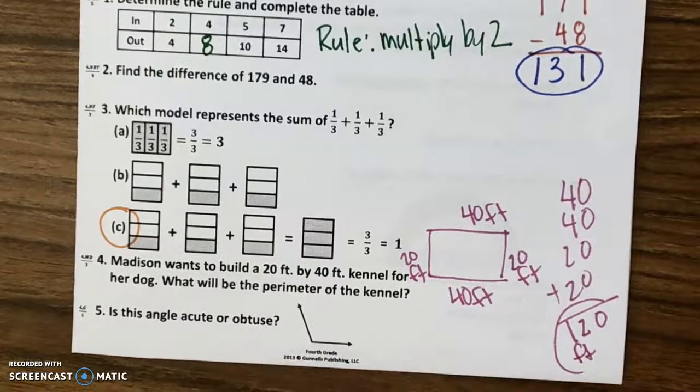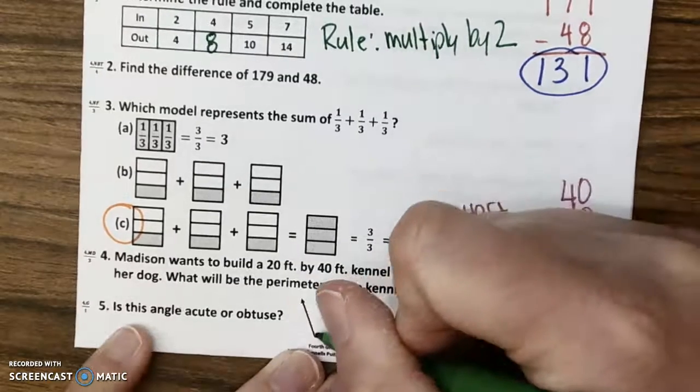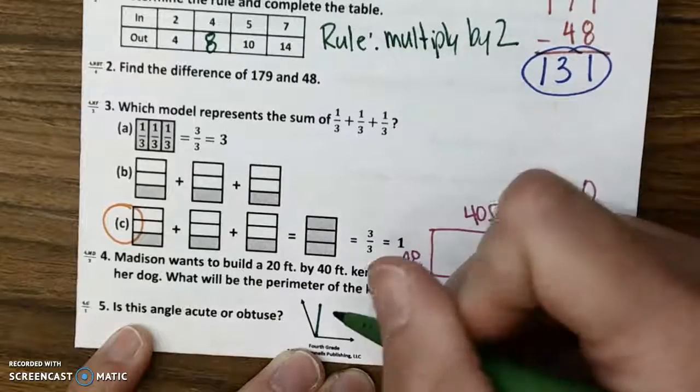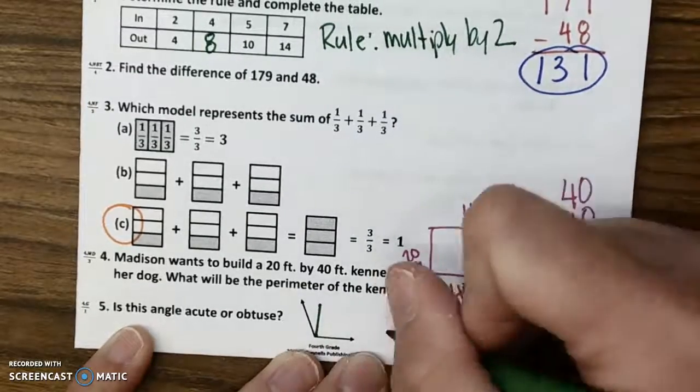120 feet. And then for the last one, it says, is this angle acute or obtuse? Acute angles are anything less than 90. This one is greater than 90. So this would be